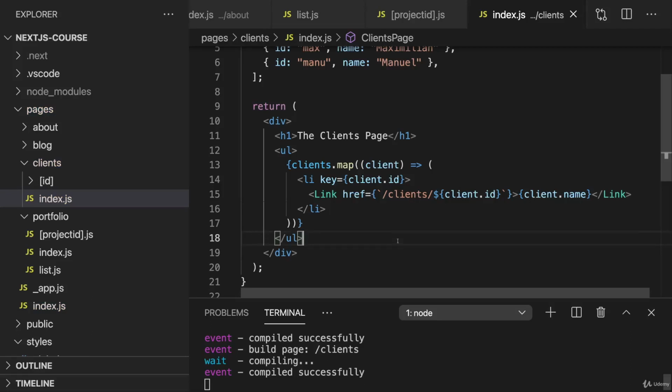So now we know how to use the link. Now for longer paths, constructing a link destination like this, by building a string like this, can be cumbersome or annoying. That's why Next.js also gives you an alternative way, an alternative value you can provide for the href prop on the link. Instead of providing a string, which is the path you want to go to, you can